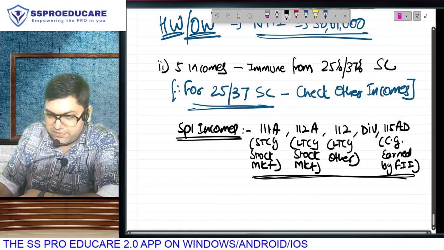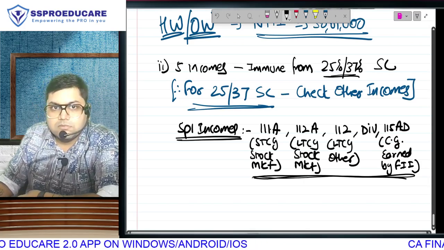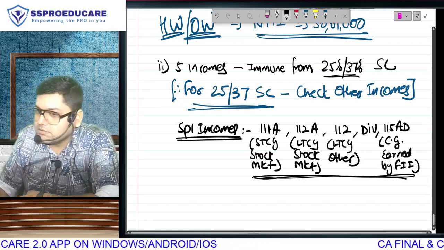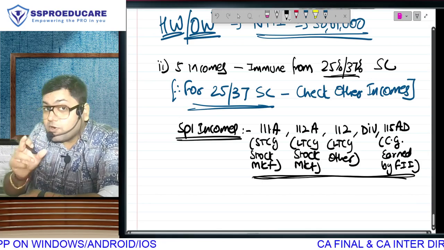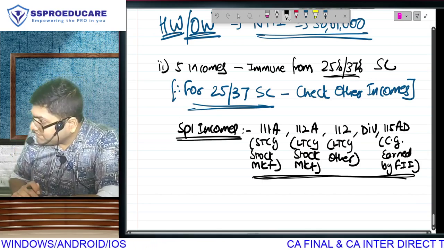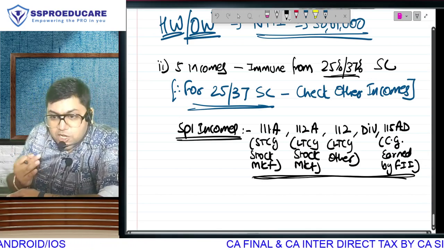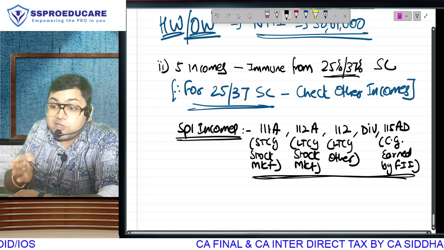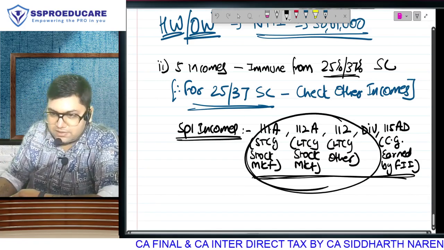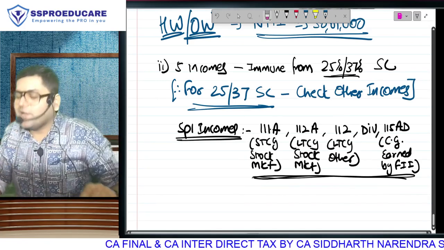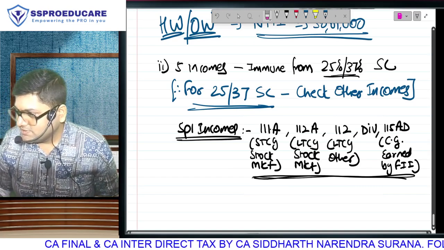What is special about these 5? That they are going to be granted immunity from 25 and 37. They are going to be granted immunity from 25 and 37. That means if you want to apply 25% surcharge or 37% surcharge, your other income, what? Salary, house property, business, profession, short term other than stock market. Think about it. Short term other than stock market is not coming here. All your other income other than dividend, that other income total should cross 2 crore. Then only